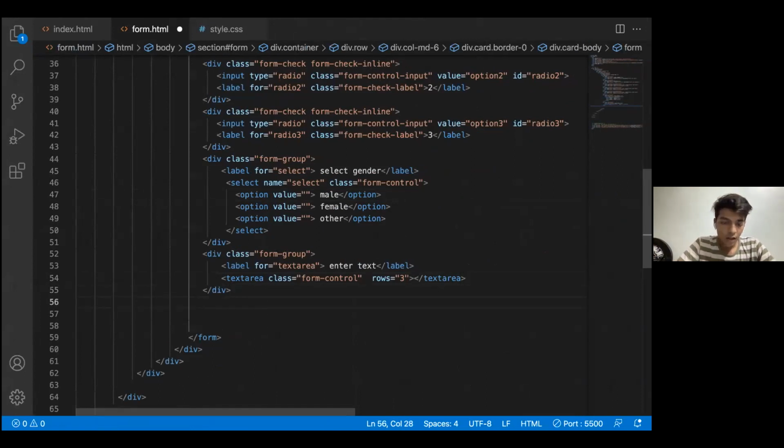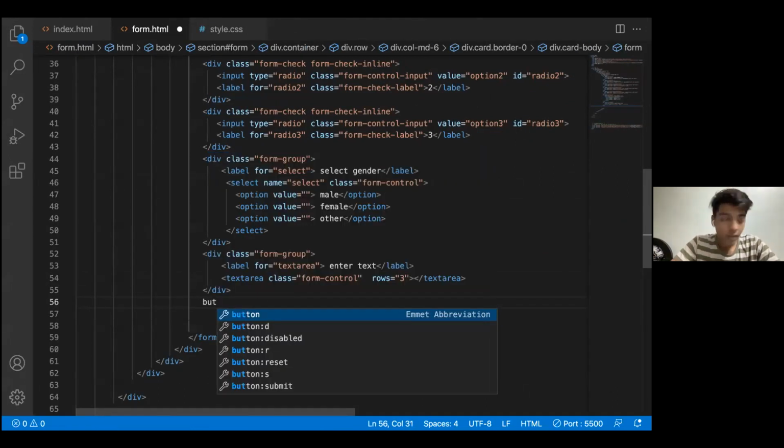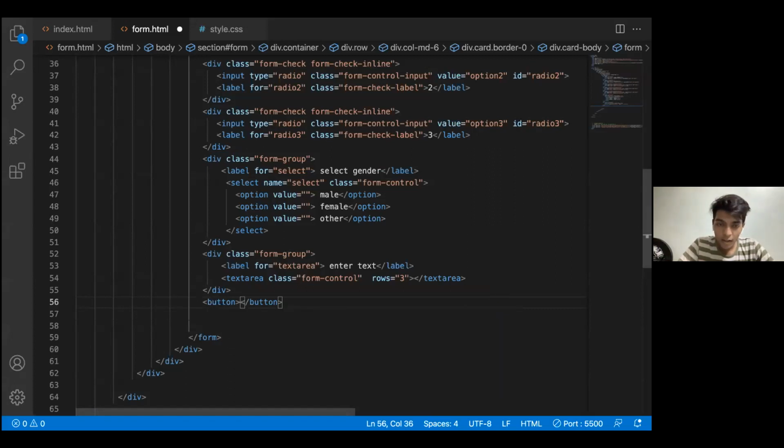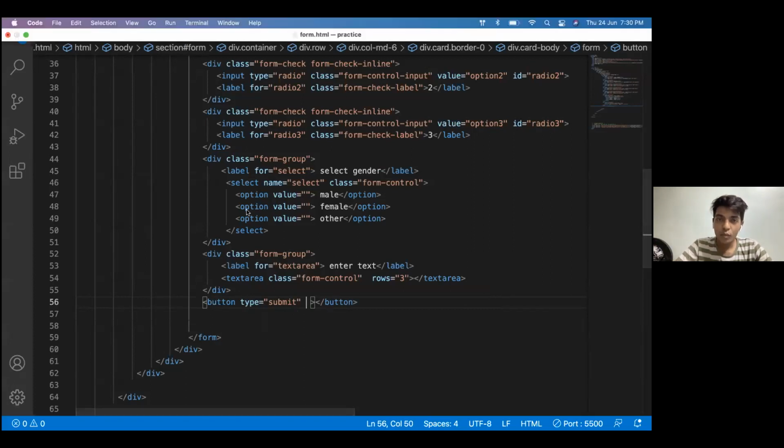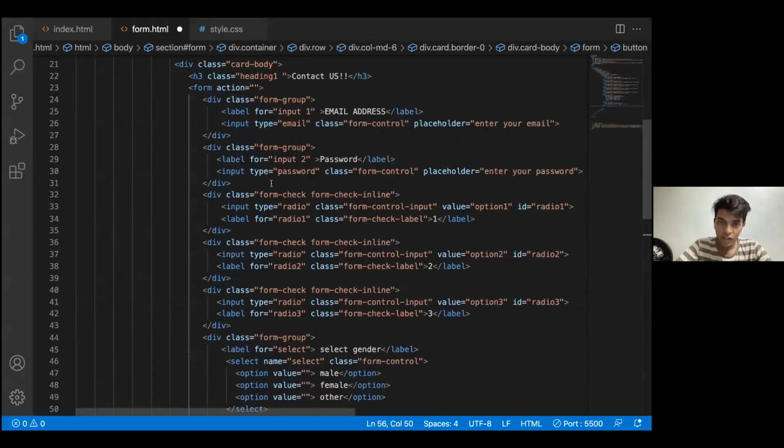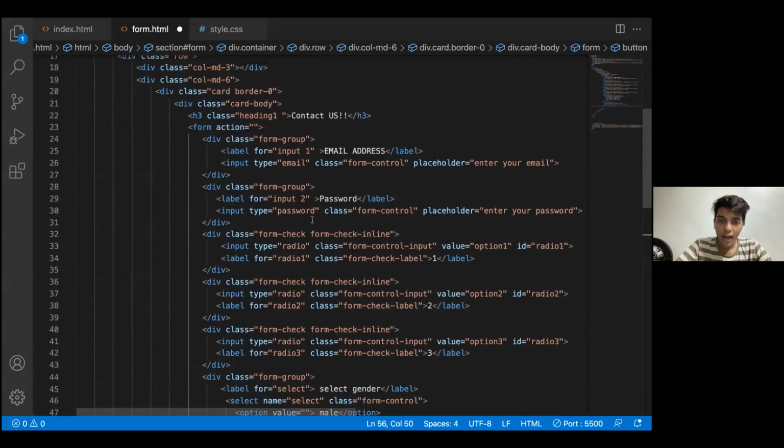So here I'll be parting it out. This submit button should be in the form. Many people think that the submit button should be outside, but there would be a button, and then there would be a type. The type of a submit button should be submit, so that it knows, as a property for Bootstrap, that when I submit the form, it needs to call a particular function, which would be in the action here.